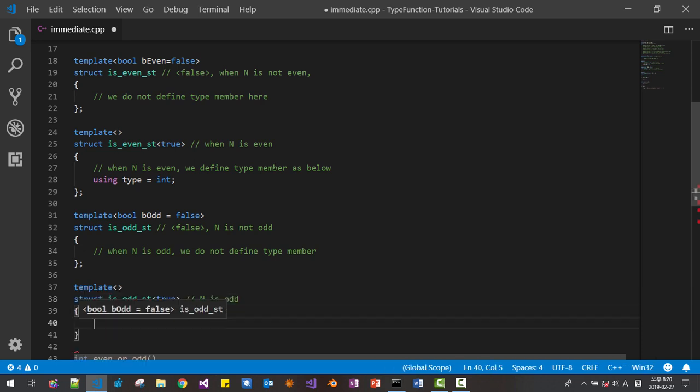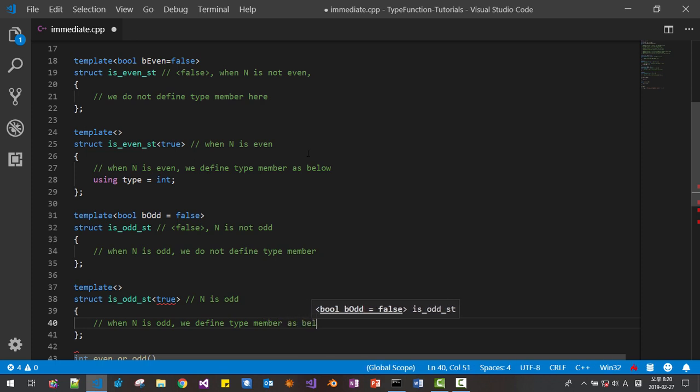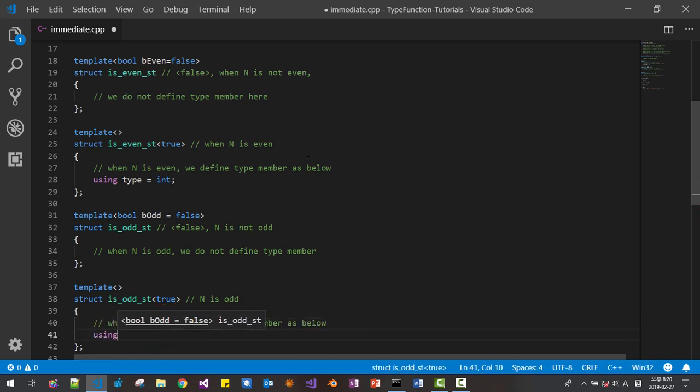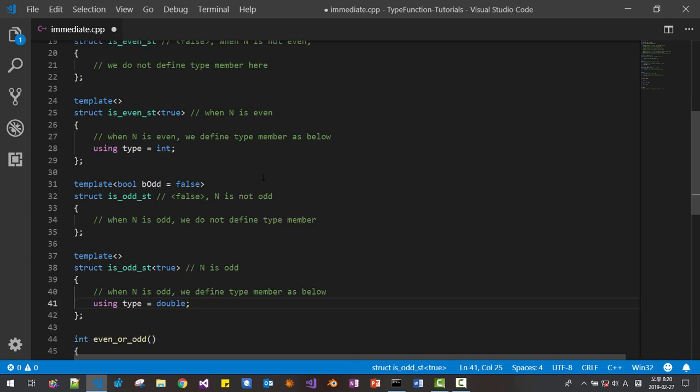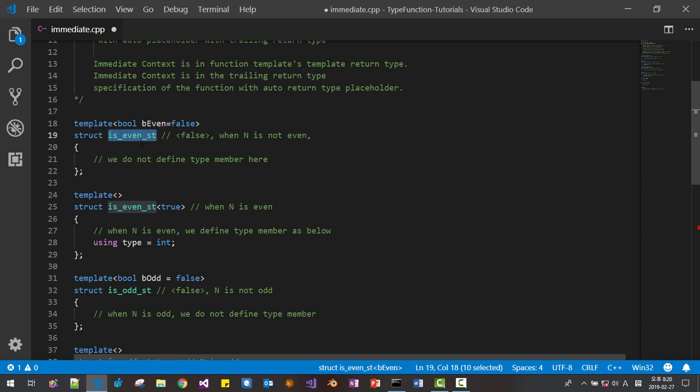In this case, when n is odd, we define the type member as below: using type double. Okay, so we defined is_odd_st and is_even_st.